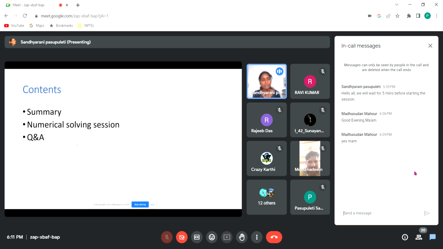In addition to that, as the participants are from a wide variety, as I have already mentioned, there is a chance that some might be preparing for competitive exams, and some might be preparing for semesters. So it requires concentration on different varieties of problems. Let me see how we can go. For today's session, I have taken a few GATE questions also, followed by a question and answer session.